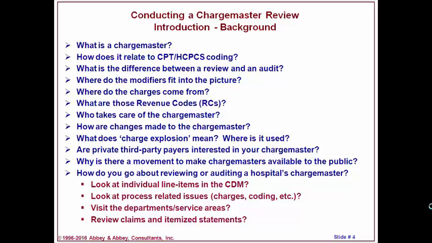But again, in terms of reviewing your Chargemaster, you may want to look at it from the perspective of your charge structures. Are your charges way too high? Are they way too low? That's not likely. Or are they someplace in between? And then we get into whole discussions about cost to charge ratios, et cetera. Revenue codes: as I said, in a week we'll be devoting our entire time to revenue codes, a really exciting topic. Who takes care of the Chargemaster? Well, probably you. You may not want to. This may be just something that was